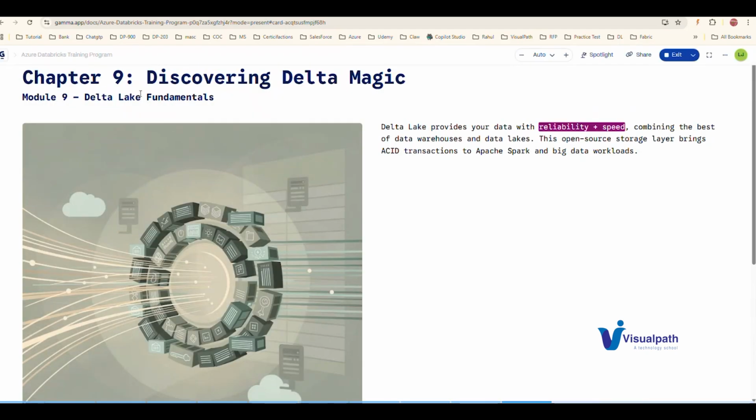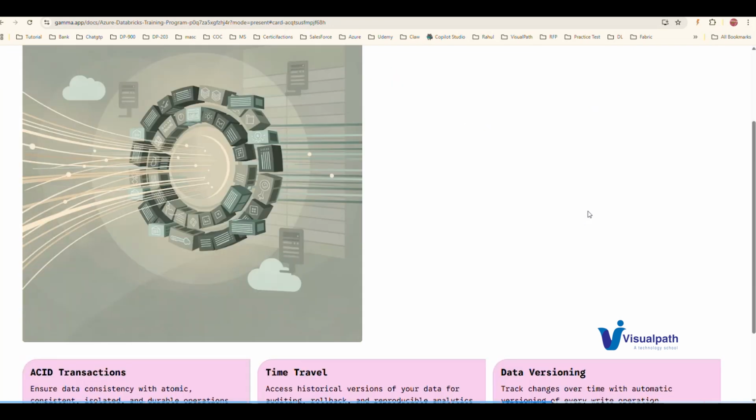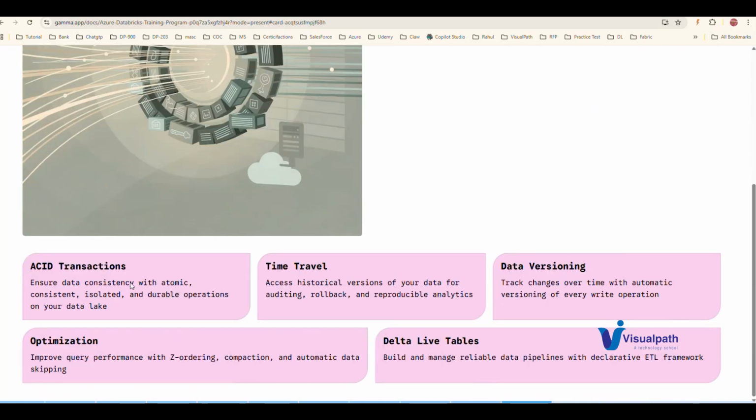Delta Lake gives Apache Spark big data loads ACID transactions, meaning atomic, consistent, isolated, and durable operations. We also have time travel, so we have historical versions. Whenever you do any task in Delta Lake, we have a versioning system.